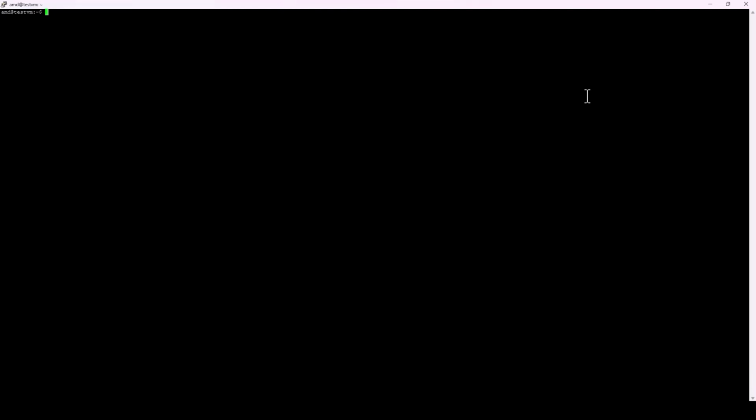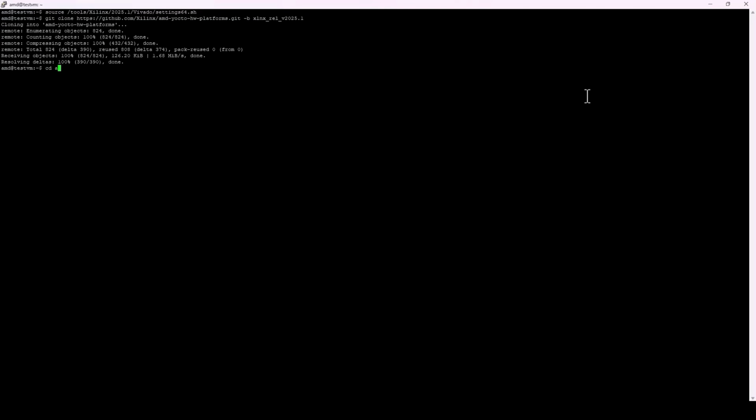To be able to use all Vivado tool features, the location must first be sourced. Navigate to your desired working directory and run the following command with the path to the Vivado settings. Run the git clone command as shown to clone the full project repository to your directory. Make sure that you are using the same version of Vivado that exists in your environment to ensure a proper build.